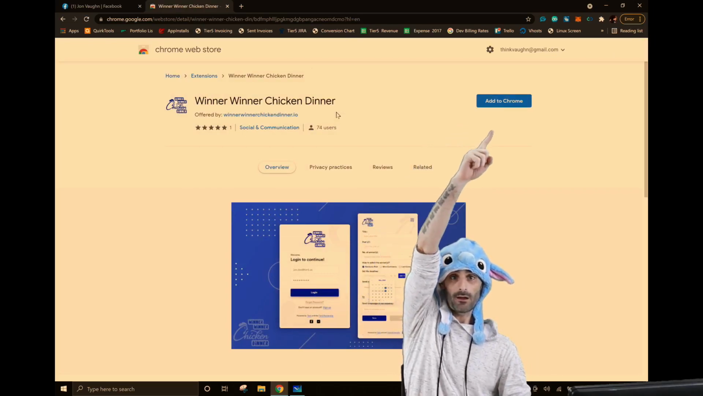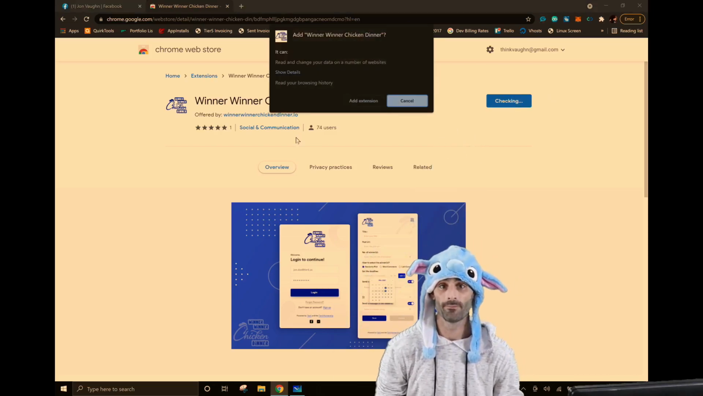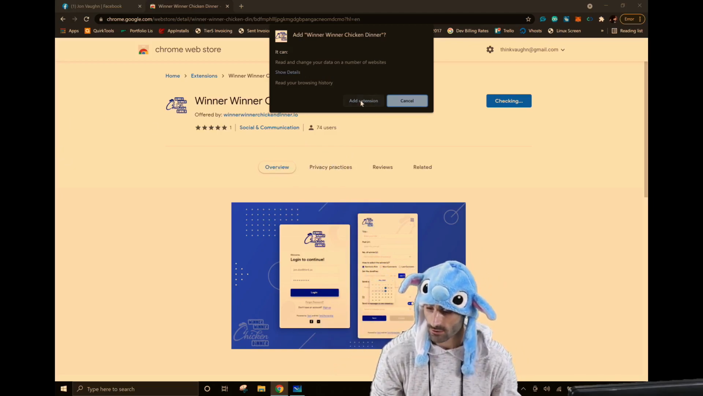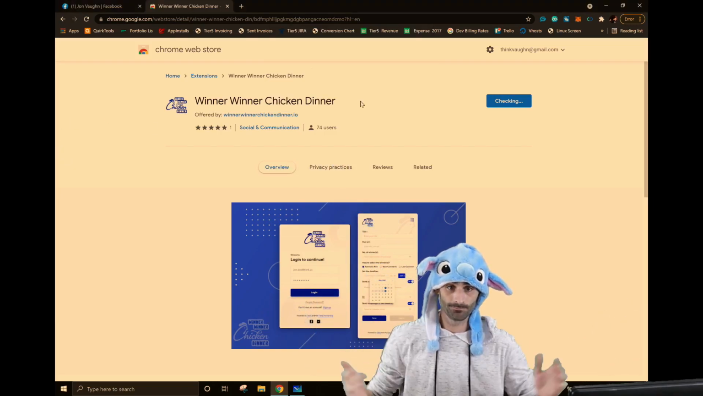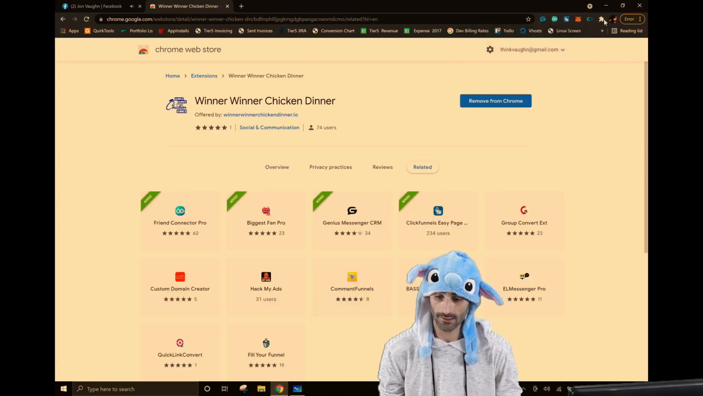And we're just going to click on this button right here that says Add to Chrome. So I'm going to click on that. It's going to pop up this thing right here, so you just want to click Add Extension. That's it. Once you click Add Extension, then what I like to do is